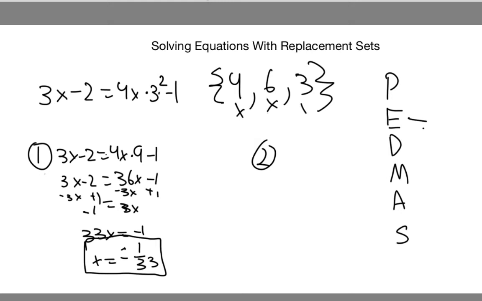Yeah. So as you can see in this equation, 4 is not a solution, 6 is not a solution, 3 is not a solution. So you guys should remember that with replacement sets, they do not always guarantee your solution, and sometimes even if you have a replacement set, the set will not contain your solution, and in that case you can just write